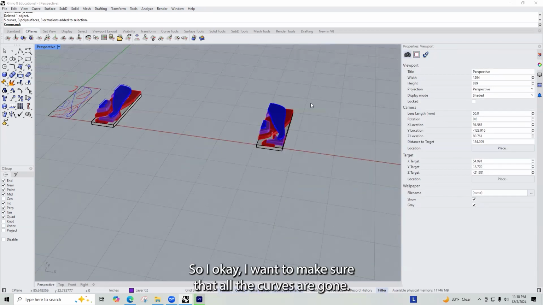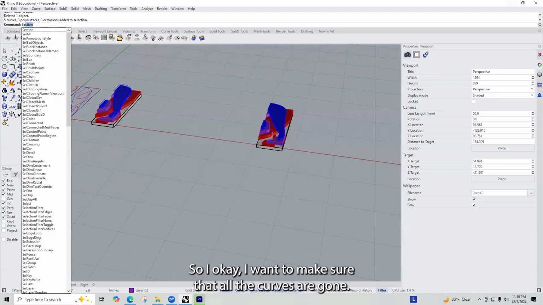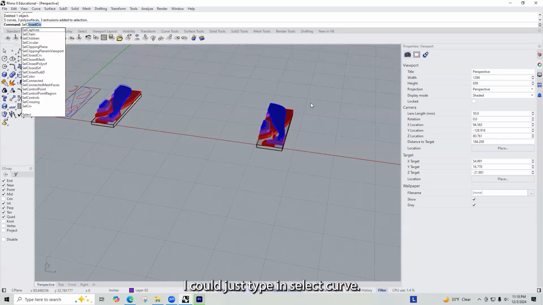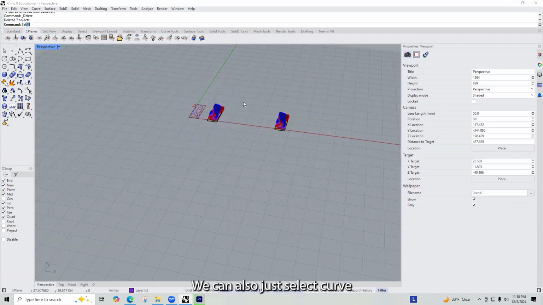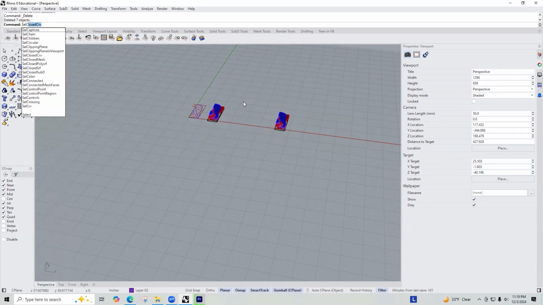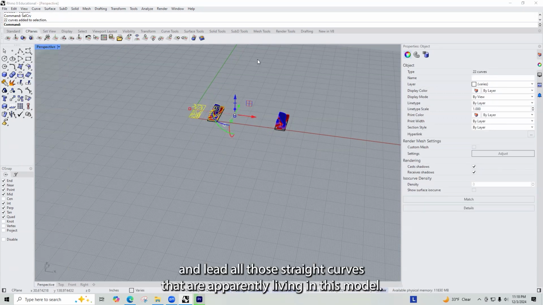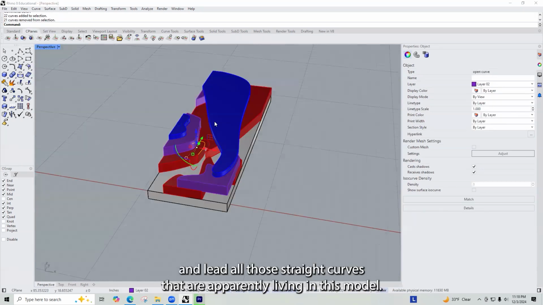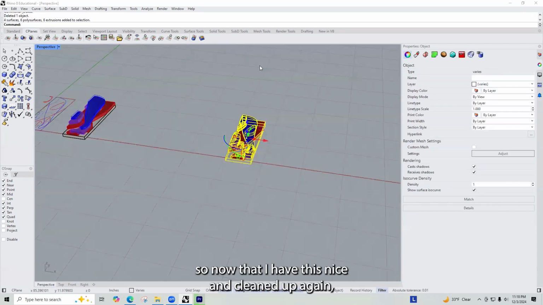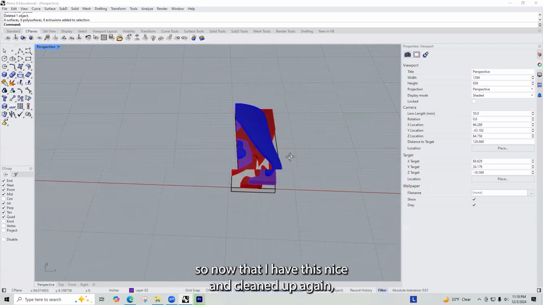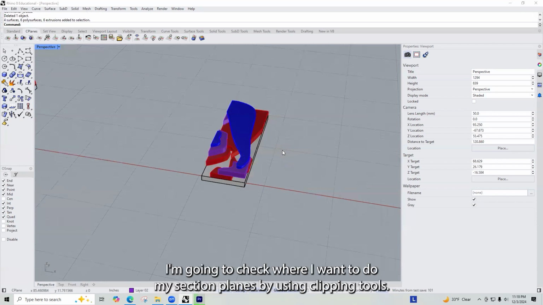All right, so if I want to make sure that all the curves are gone, I could just type in select curve. Select closed curve is fine. Delete. I can also just select curve alone and delete all those stray curves that are apparently living in this model. Okay. So now that I have this nice and cleaned up,